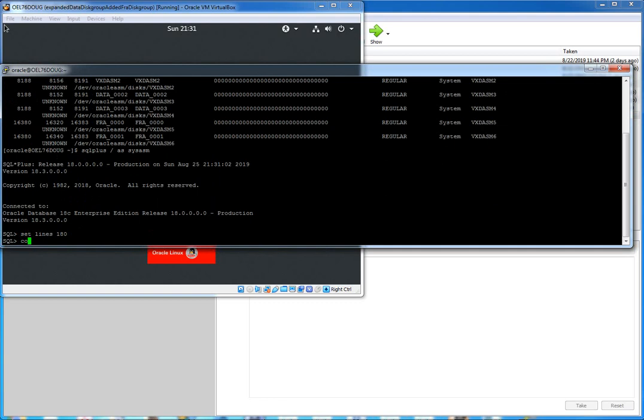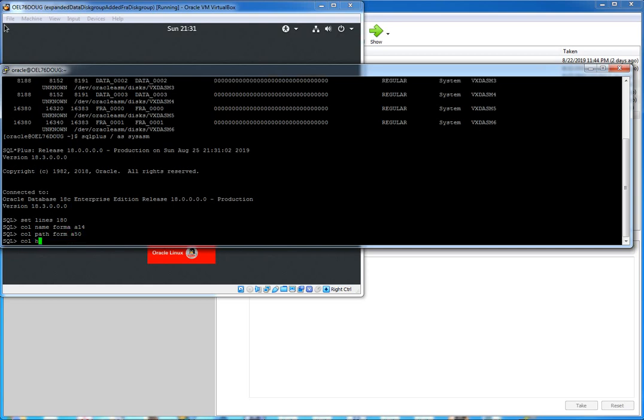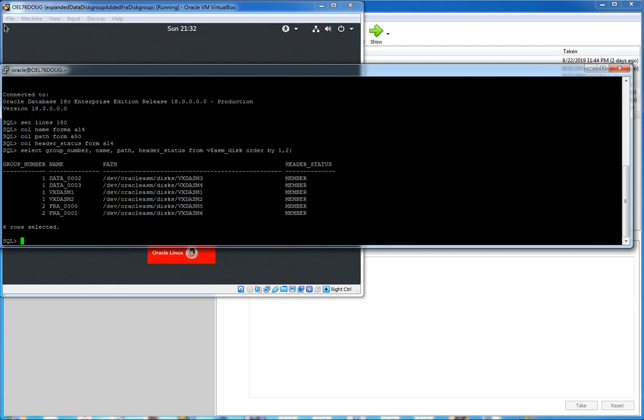set linesize 180, col name format A14, col path format A50, col header_status format A14. Okay, so select group_number, name, path, header_status from v$asm_disk order by 1, 2, and we can see